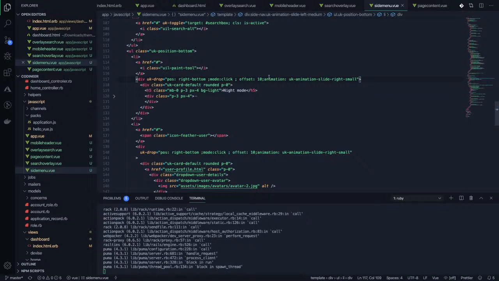So, yeah, and this, at least to my eye, is kind of funky. Definitely not consistent, right? I don't know, maybe UIkit wants the semicolons that way, but I can't imagine. Anyway,